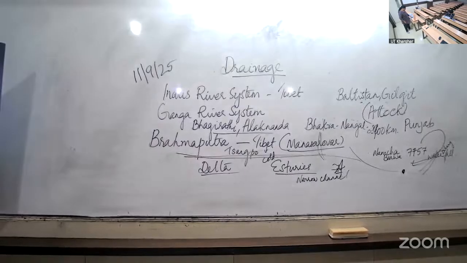So, here what we have seen is where it originates: Betul district of Madhya Pradesh. Then it also flows parallel to the Narmada through the Rift Valley. But its course is short. It is shorter than the Narmada River. But its basin covers how many states? Madhya Pradesh, Gujarat, and Maharashtra also. For the Narmada River we have seen Madhya Pradesh and Gujarat, but here Maharashtra is also covered by this river.